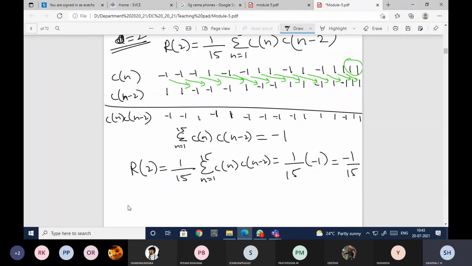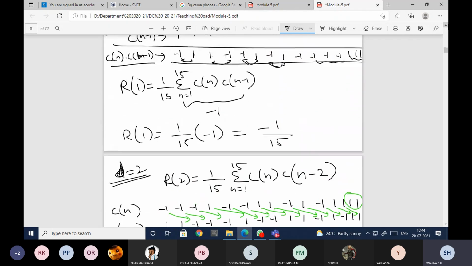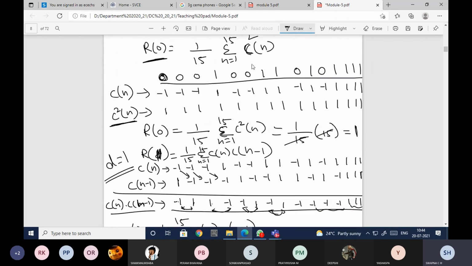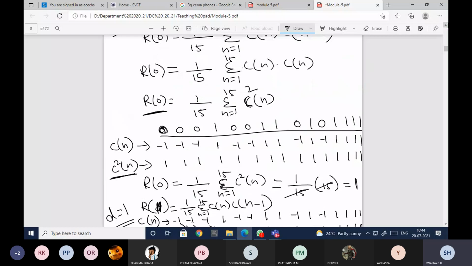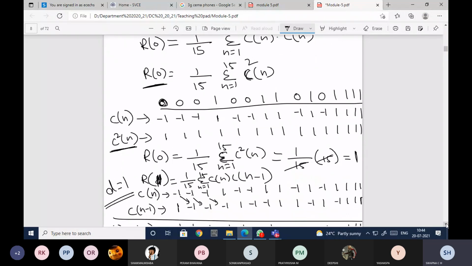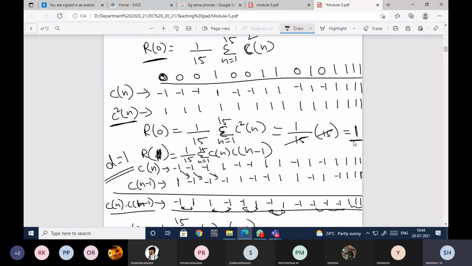If you proceed, for R of 0 you have got 1. R of 0 you got as 1.